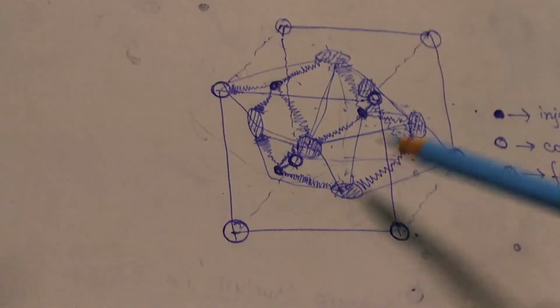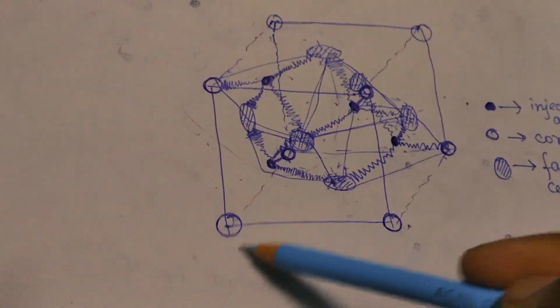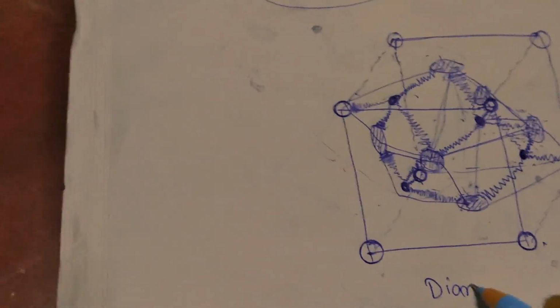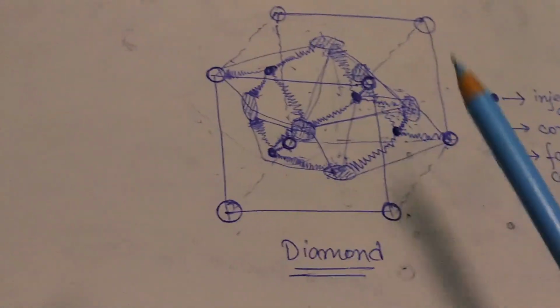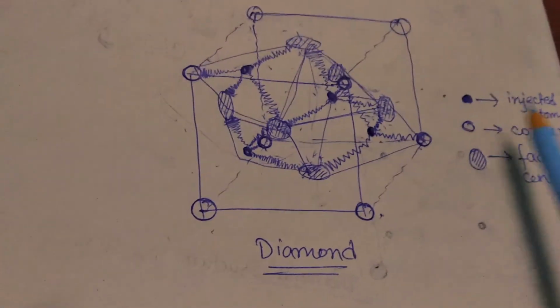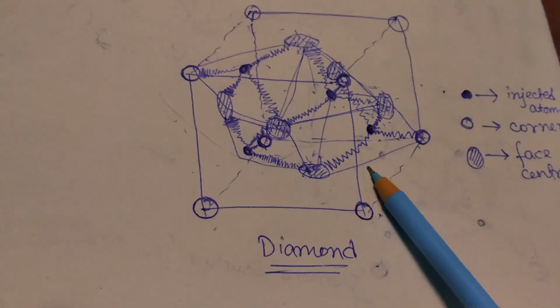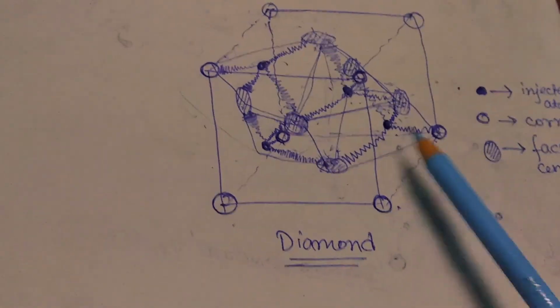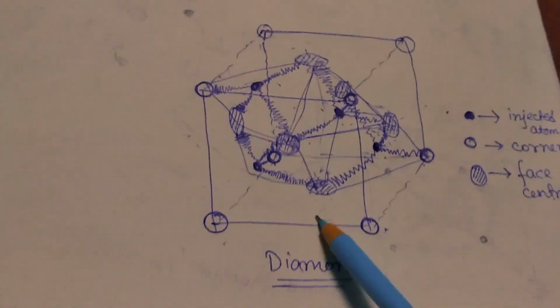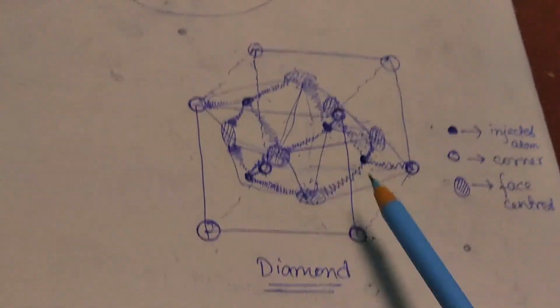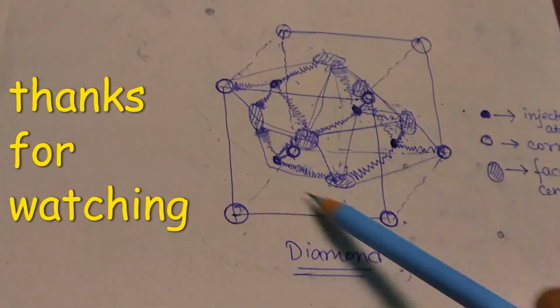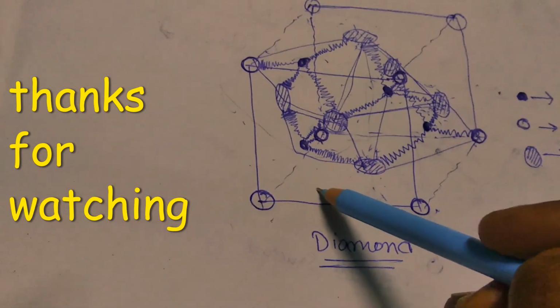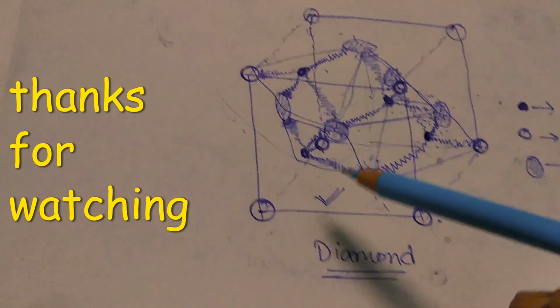And these are the corner atoms which are not connected, shown here. So this is the final diamond structure. You can search any web page, Google or Wikipedia to find its structure, but you have to write it down. In any web page or media you will get a 3D structure, but you have to learn how to draw it in 2D.